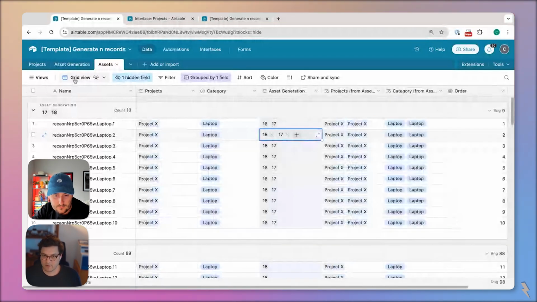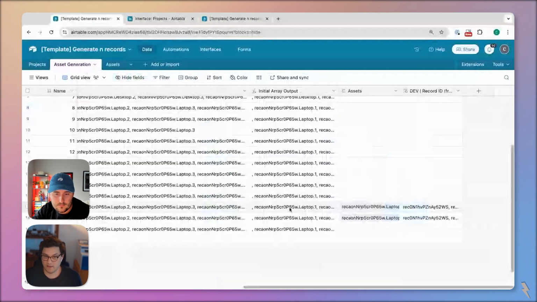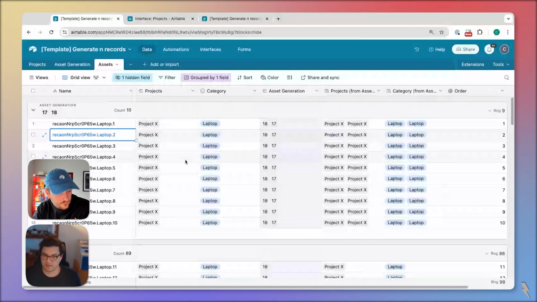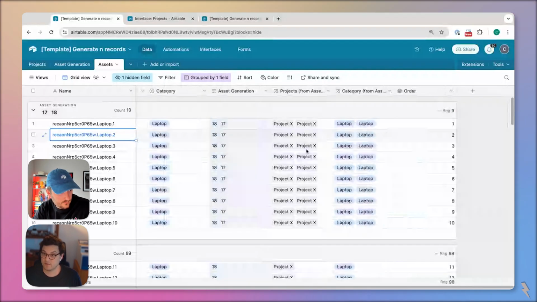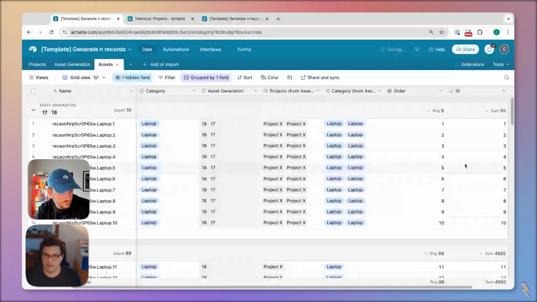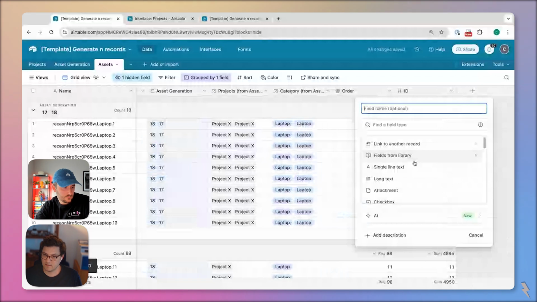So two ways to get around this. One way is to include the record ID of this asset generation record in here to make it truly unique every time it's pasted. That's probably the easiest way to do it. The second way is to blank out this name. You don't need this anymore. You could create a generic name that says like Project X laptop with its own serial number. That's probably even better, to have an auto number in this table and then a formula that says